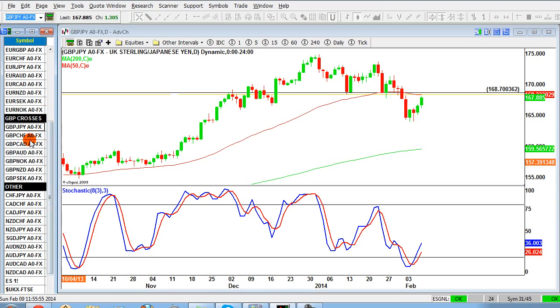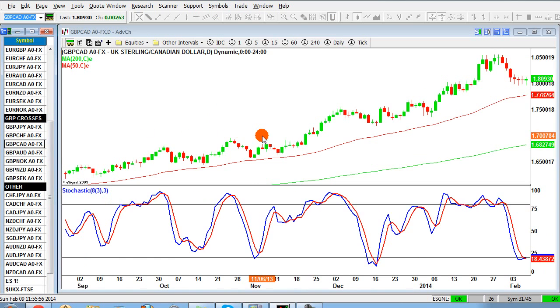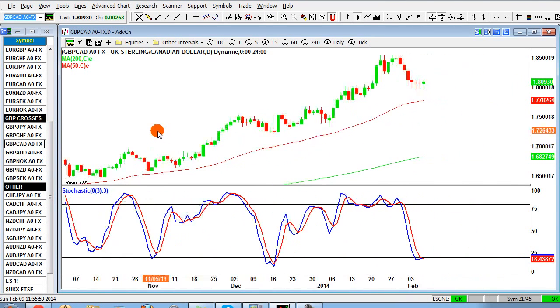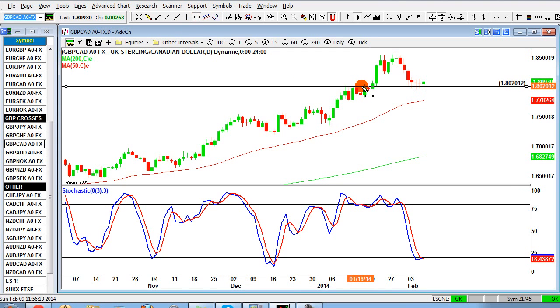And then finally, we're going to finish with the pound CAD, again utilizing the understanding of the general bias towards Canadian dollar weakness, which should hopefully translate into a strong opportunity on the pound CAD, because we've got this similar setup to the Euro CAD. We've had price come back down to a previous level of resistance just here, come all the way back down, and then we've seen price, you can see in the candlesticks the price action, almost the brakes have